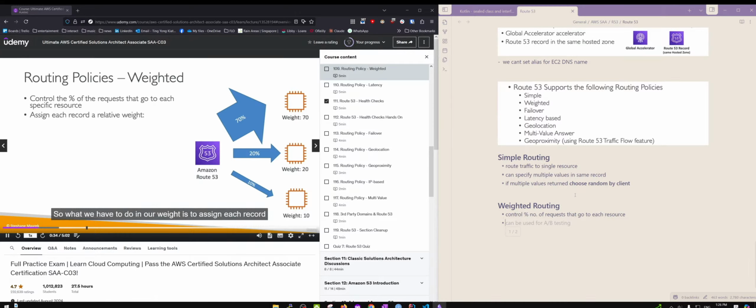So what we have to do is assign each record a relative weight. And then the traffic percentage sent to each record is just the weight of the record divided by the sum of all the weights of all the records, which is like a percentage of all the weights, okay? The weights don't need to sum up to 100. They're just indicative of how much we want to send to this instance compared to all the other records